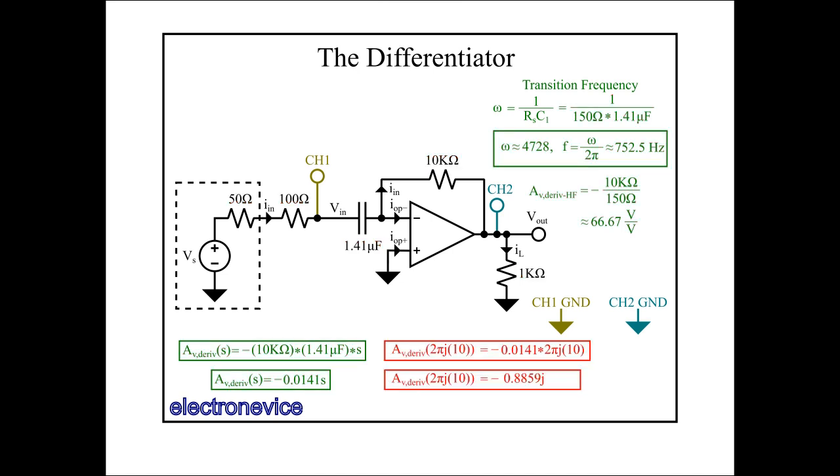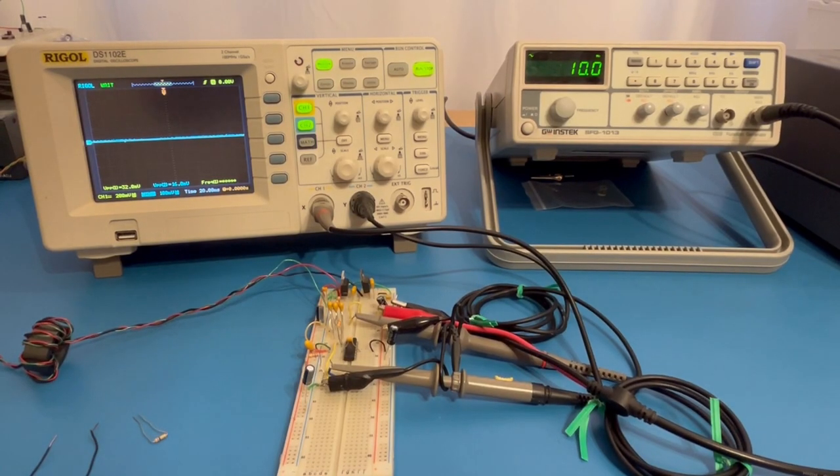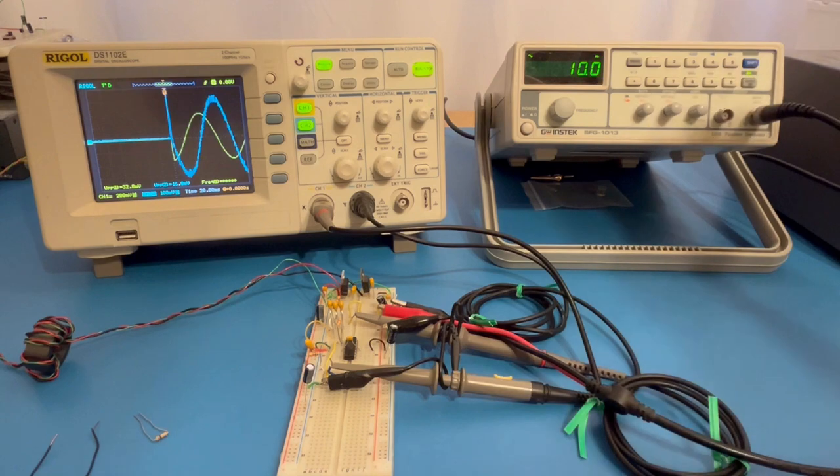The main frequency we'll look at is 10 Hz, so I derive the gain at 10 Hz, which is about 0.8859 or close to 1. Going higher than this frequency will increase the gain, going lower should decrease the gain. Powering up the function generator,